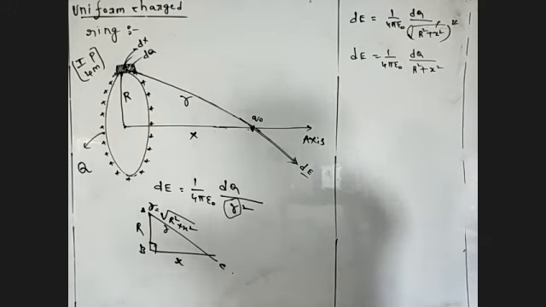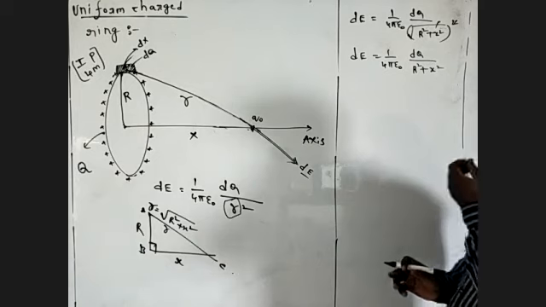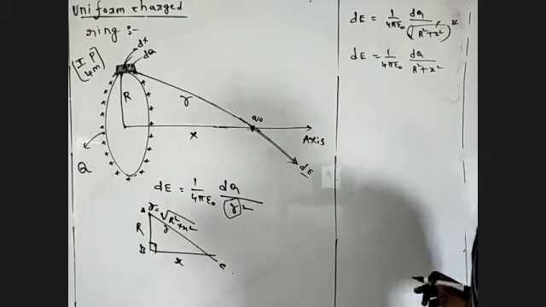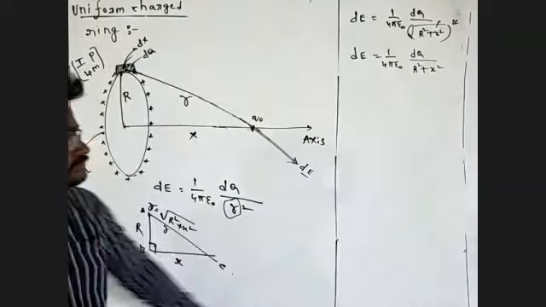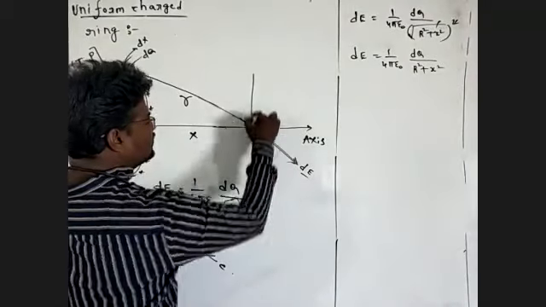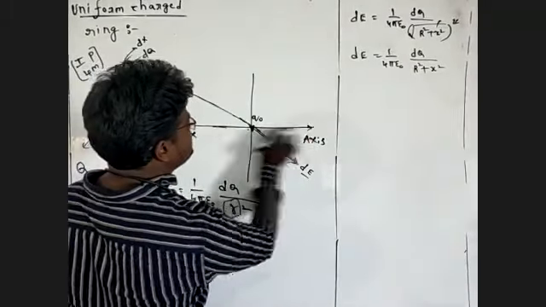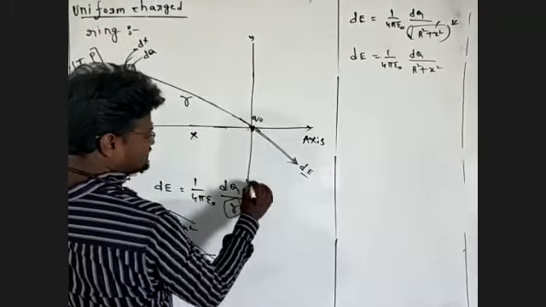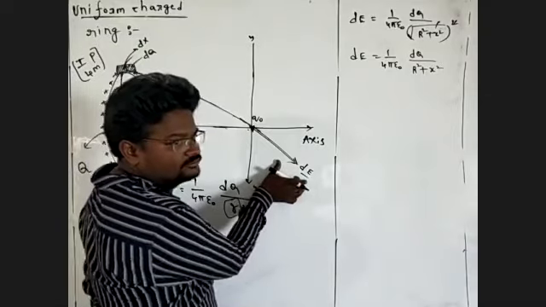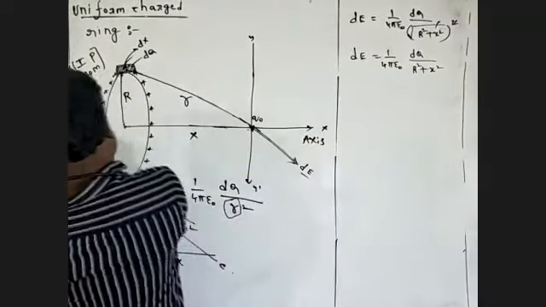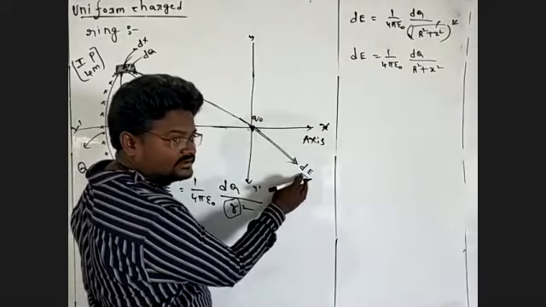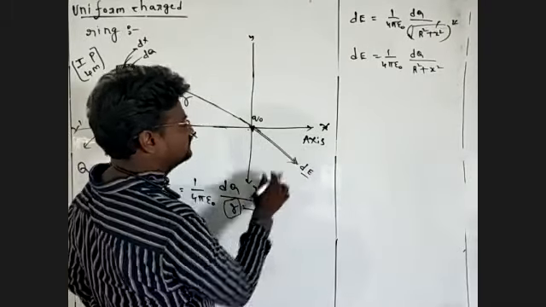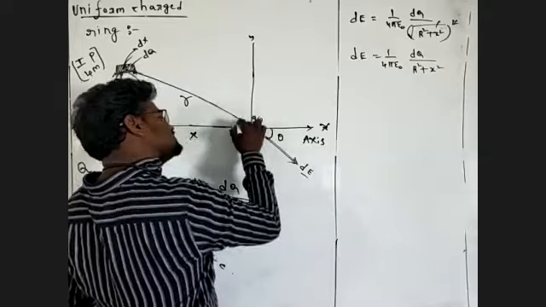But we have to find the total electric field. We want to find the total electric field. This is the dE value. Now come to the point. We know this is the x-axis and this is the y-axis. This is dE. This is x dash and y dash. dE is in the x y dash plane. This is making angle theta, and this one is also making angle theta, the opposite angle.